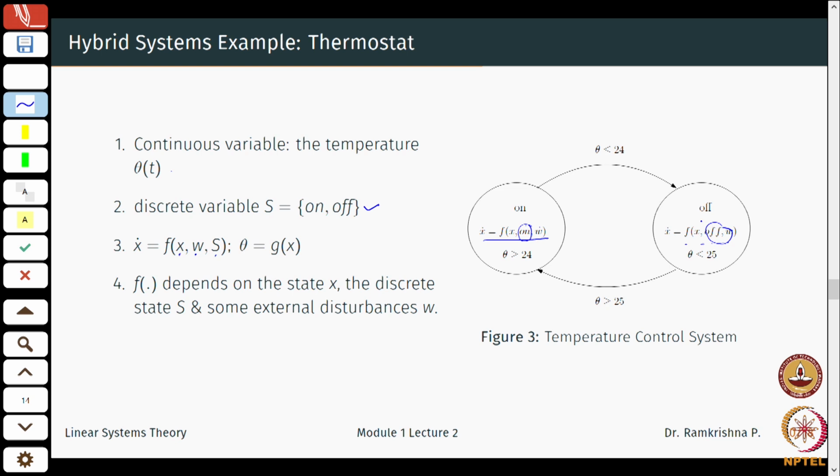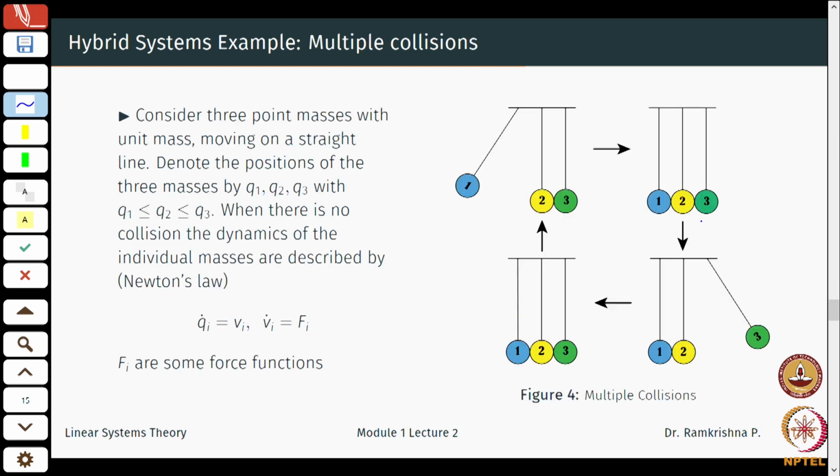So you have a continuous model until the ball hits the ground, and another continuous model of the reaction of the ball as soon as it hits the ground, and the discrete event there is hitting the ground. Okay, I will not do the example of that, but it's available in plenty in any literature. Okay, one interesting thing which I thought I would do here is the system of multiple collisions.